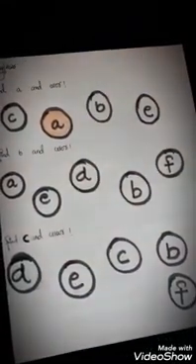Now let's move to the second question. The second question says to find B and color it. You need to do the same. Let's take one more color, the blue color, to find B. Where is B? Can you see? I can see here is B. B for ball and B for bat. Objects like butterfly also start with letter B. So here we are coloring the letter B. We are done with it.